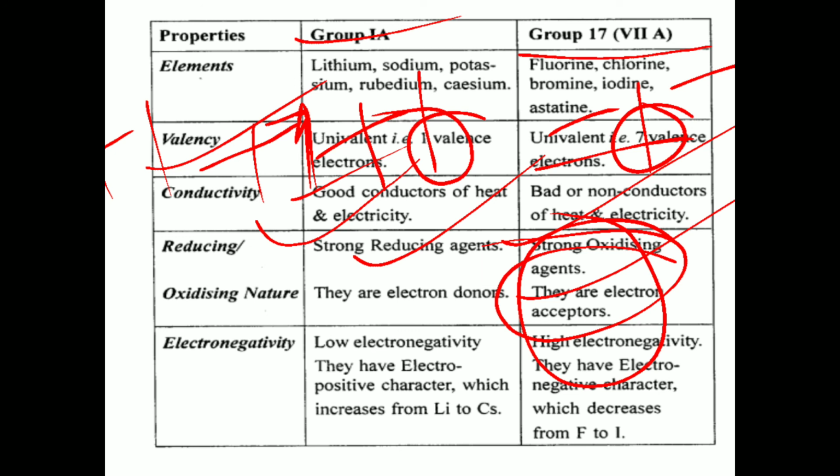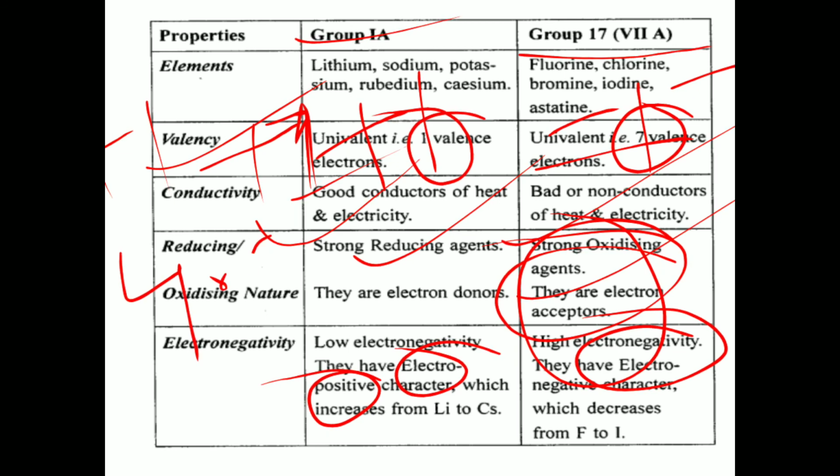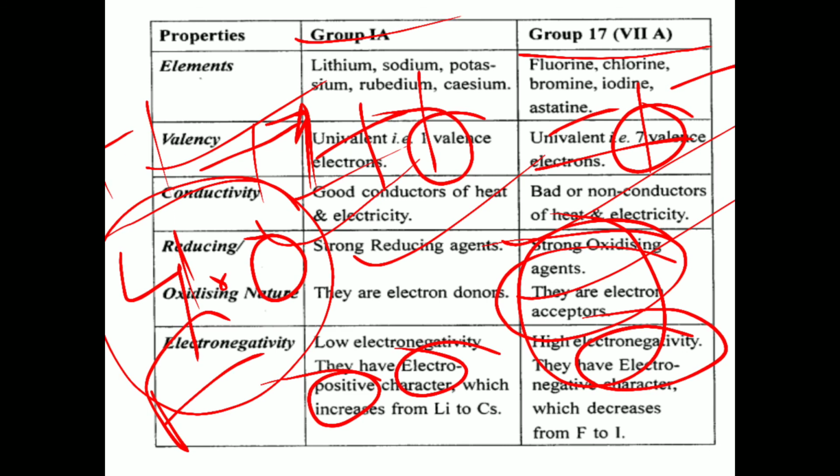So alkali metals act as reducing agents, and the halogens, group 17, act as oxidizing agents. Electronegativity: you have to know that metals mainly have low electronegativity. They are electropositive in nature. But halogens have higher electronegativity and are highly electronegative in character. Fluorine has the highest electronegativity, that is 4.0. So if the question comes who has the highest electronegativity in our periodic table, it is fluorine, 4.0, and metals are mainly electropositive in nature.